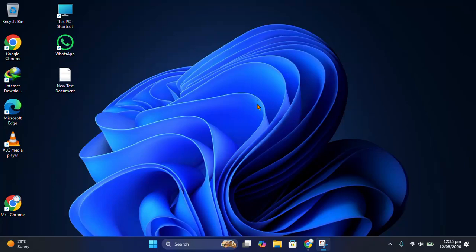Hey guys, today I'm going to tell you how to move the Windows 11 taskbar from center to left. If you're using Windows 11 and you want to move your taskbar from center to left, let's see how you can do that. You just have to simply right click on your taskbar or an empty place on your